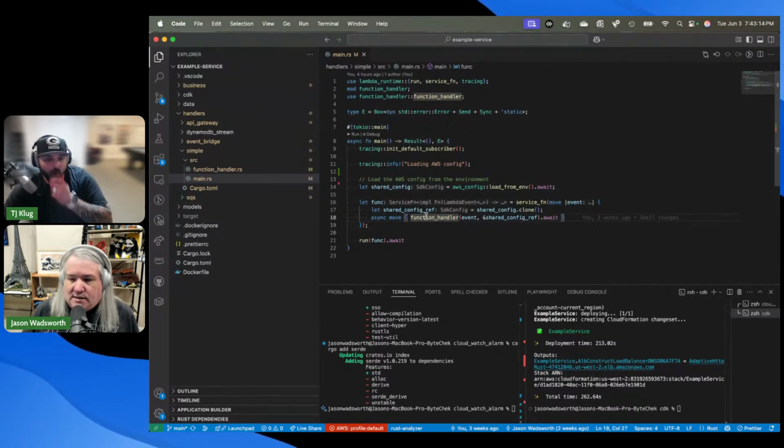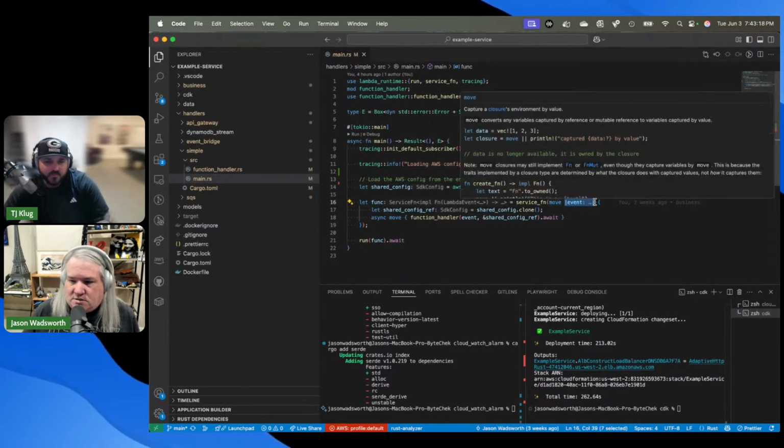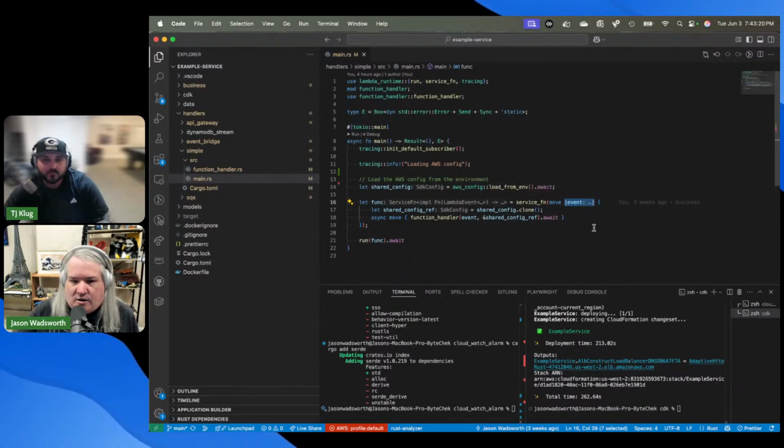But ultimately, this is kind of weird. This is an inline function. So this would be like open, close paren, big arrow if you're in either .NET or JavaScript. It's just two pipes with the parameters between them, and then open, close brackets. Weird to look at, but that's what it is.